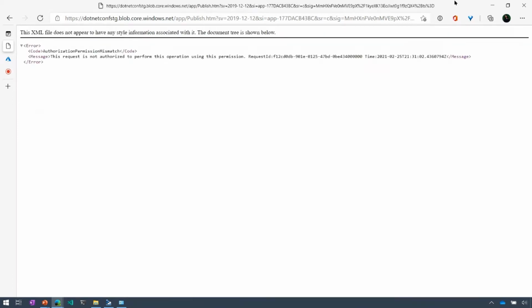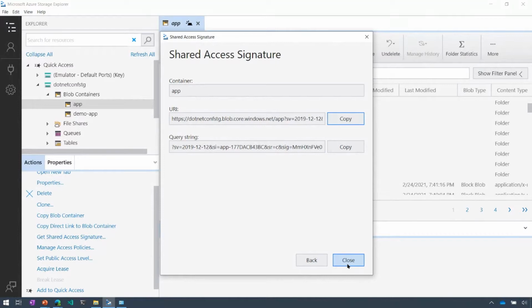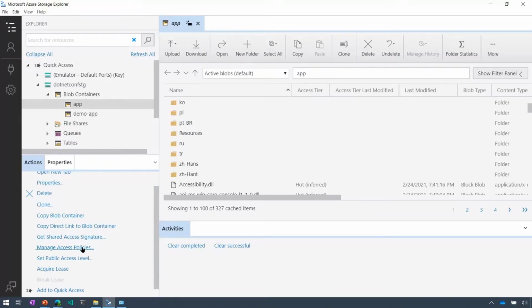I'm not authorized to access this file anymore because I only have list permissions. I don't have read permissions, and that's why. So that's how you can tweak specifically what users can do with those shared access signatures